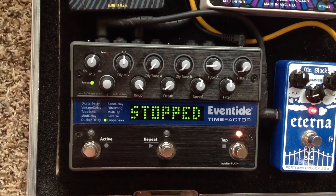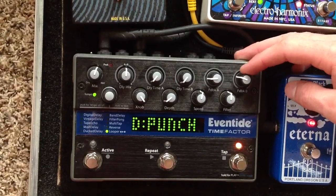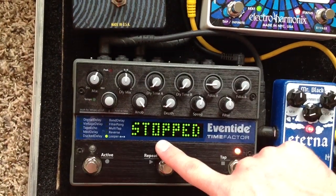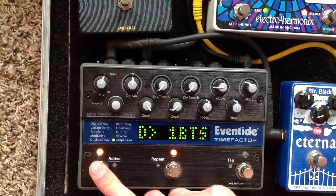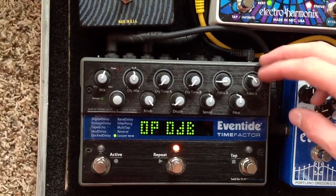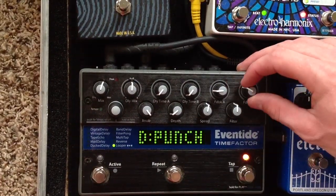In order to set that up, there are really two important things. First, feedback B needs to be under D latch. If it's under D punch, when you press this, you'll have to hold it down in order to record over it, and that gets a little tricky. The second is